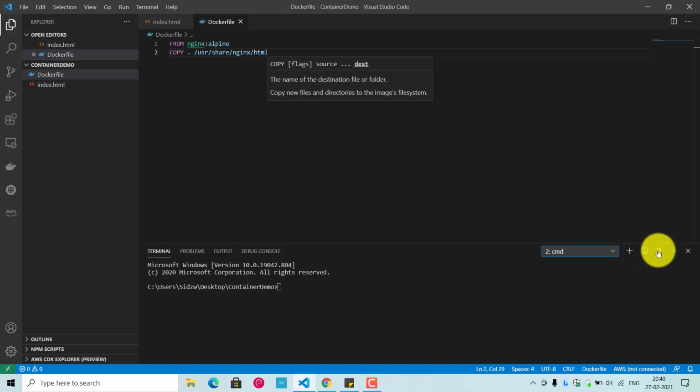Let me delete one. Okay, so in order to build the Dockerfile, you have to use the docker build command. Always make sure that you are running this docker build command from the same directory where you have kept the Dockerfile. So do the docker build command, then do the -t. -t stands for the tag. The -t parameter basically allows you to specify a friendly name for the image and the tag, commonly used as a version number.